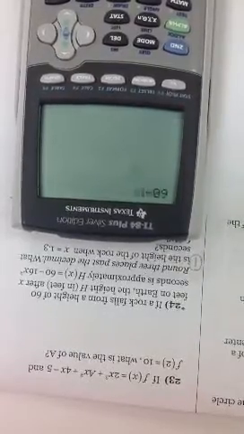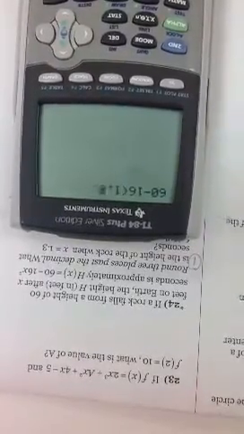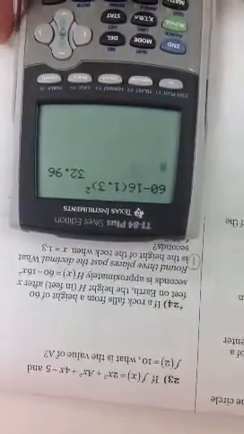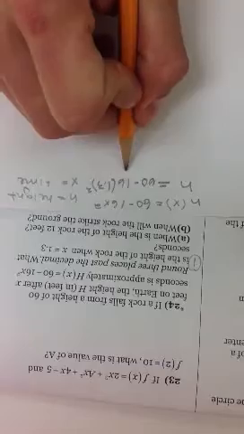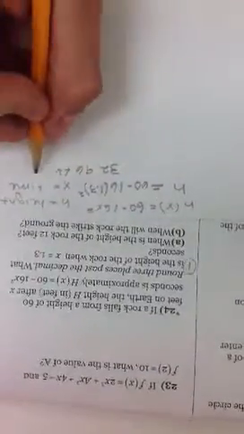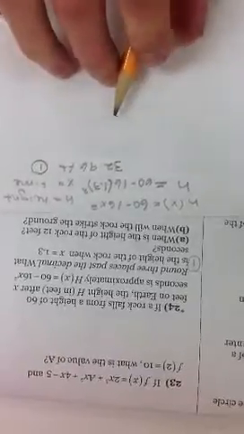60 minus 16 times 1.3 squared, and that gives us 32.96 feet. And that is our answer to part 1. Now, for part A,